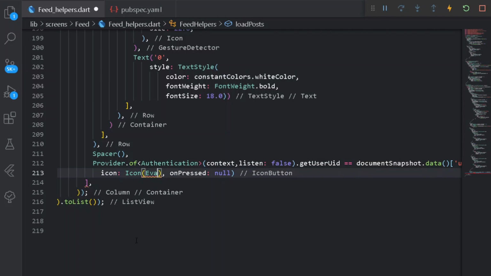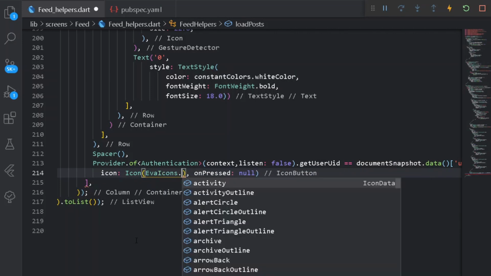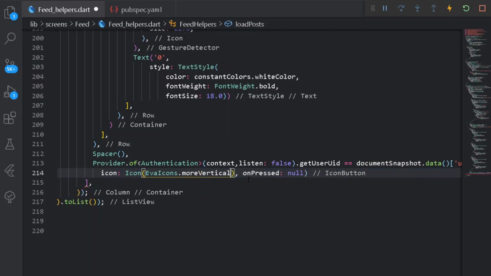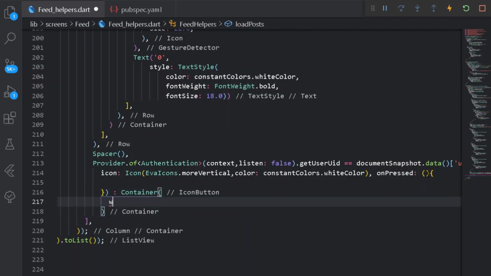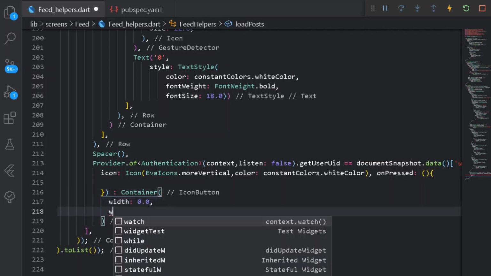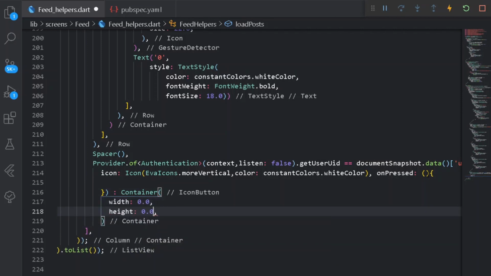For icon, I shall have Eva Icons more vertical. Let's have color to it of Colors.white, and on pressing it, nothing shall be happening for now. So we shall be showing the user the following icon, else we shall be showing the user a Container. Under a Container, let's have a width of 0, also a height of 0, easy as that.